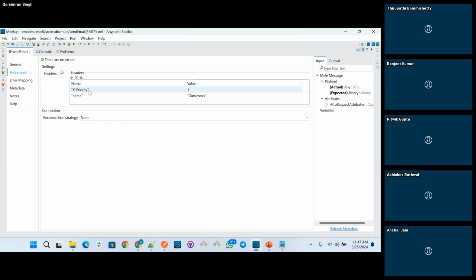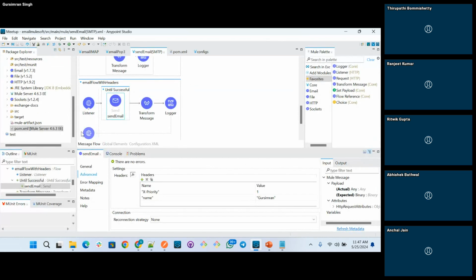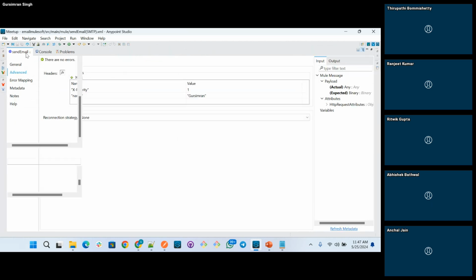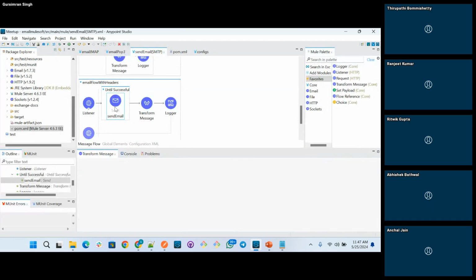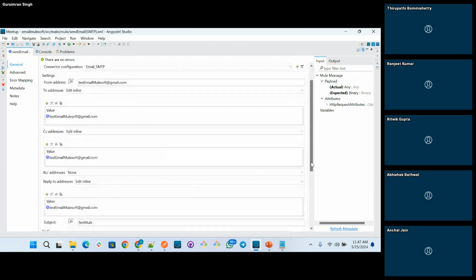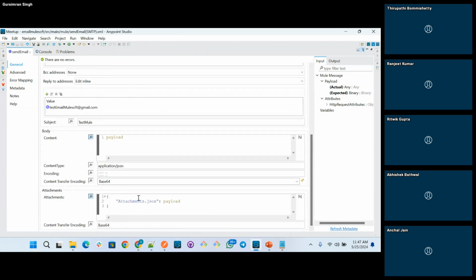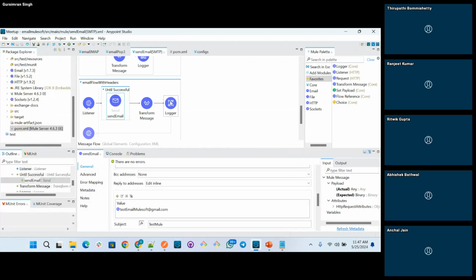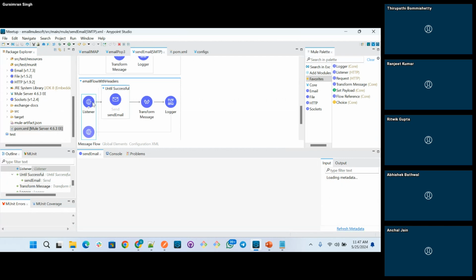For this scenario I have defined exploratory and name. Rest of the configurations are the same. For this one also I am sending an attachment as base 64. So let me hit this one.